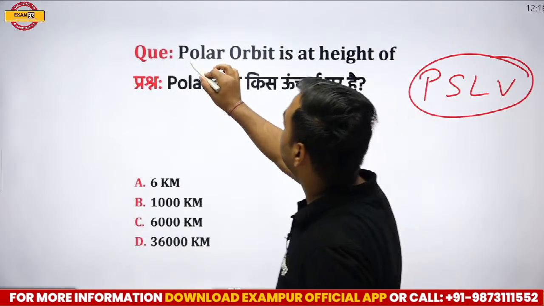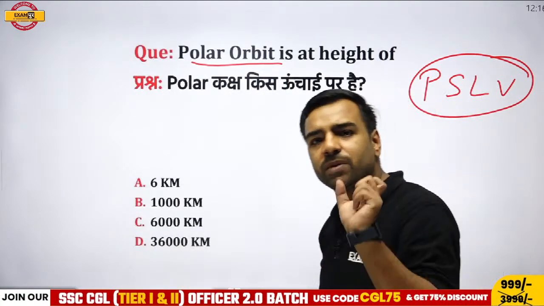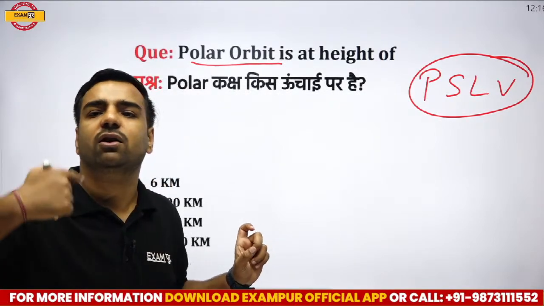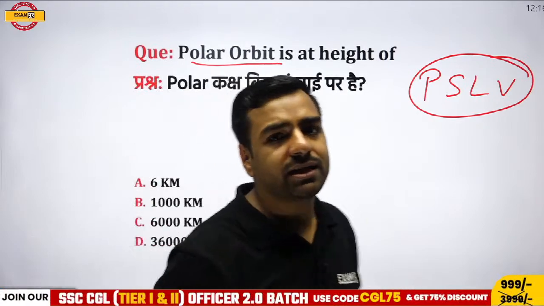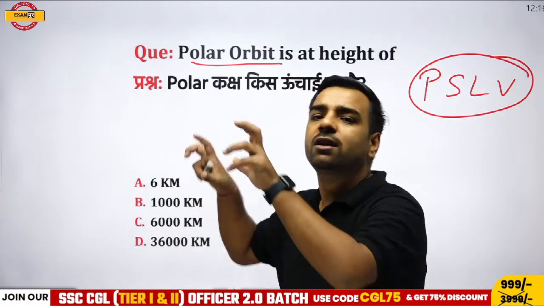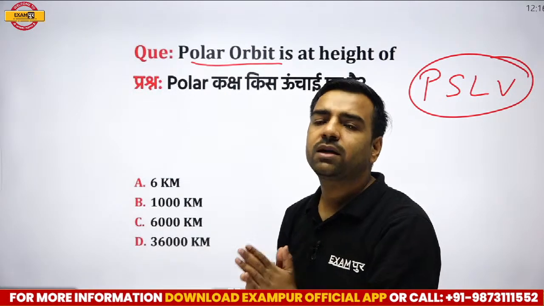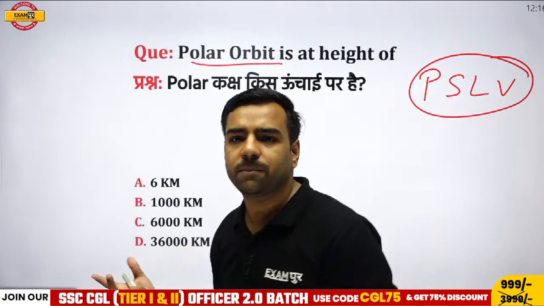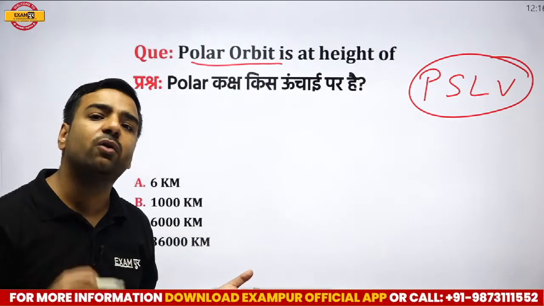Let me tell you, if I talk about these polar satellites, sorry, polar orbits. What is polar orbit? Polar orbit is that particular location where polar satellites actually keep on revolving. Now, what are polar satellites? These are the satellites which are prepared for observing the Earth. What kind of observation? Here, you can talk about weather forecasting. For example, if I want to know what will be the weather of the Earth after 4 days,